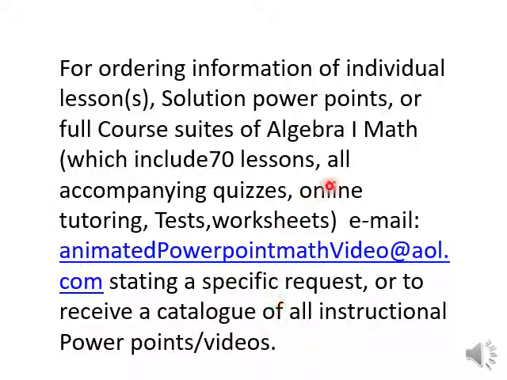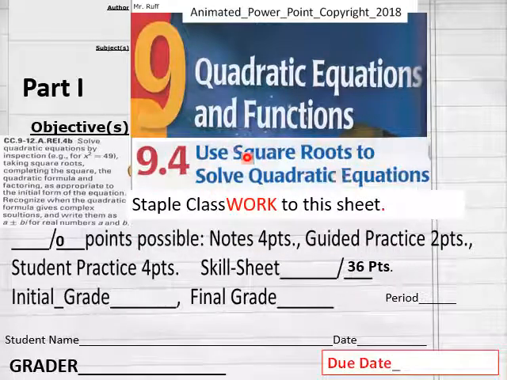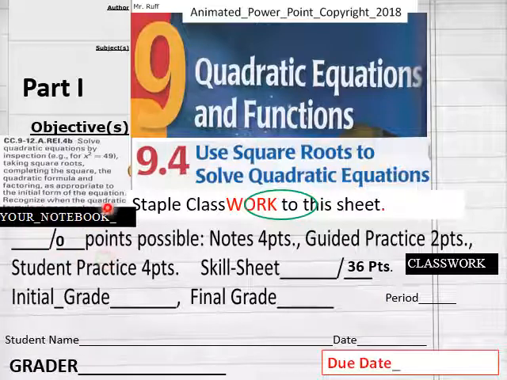Hello everybody, getting ready to do lesson 9.4 of Algebra 1 Math, Part 1, Part 2, Part 3, right here. 9.4, use square roots to solve quadratic equations. Part 1, here is our standard, and we got a 36-point skill sheet. We have a 0-point notebook